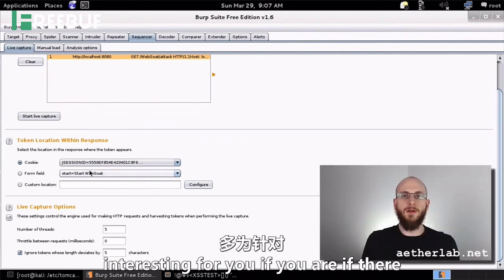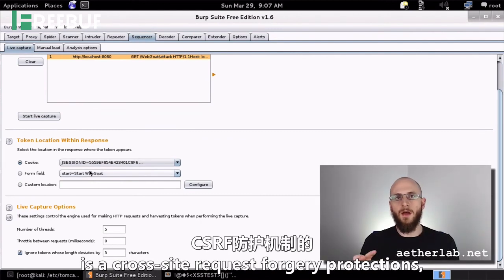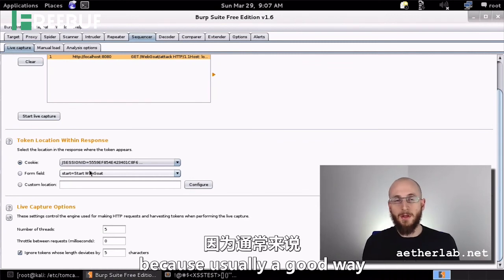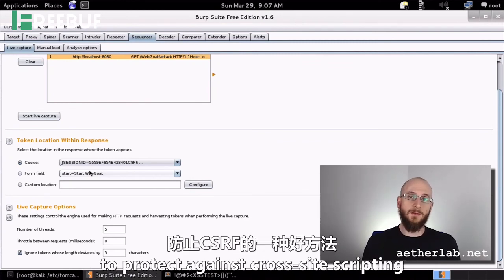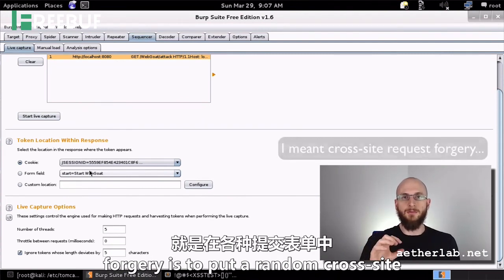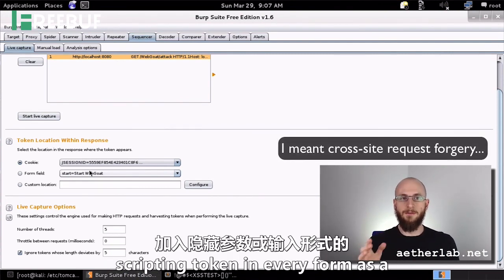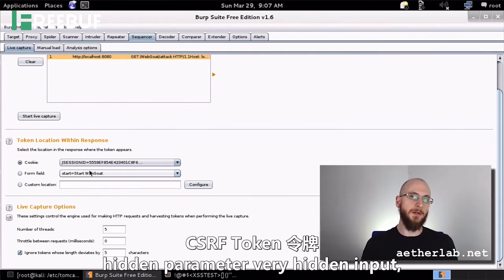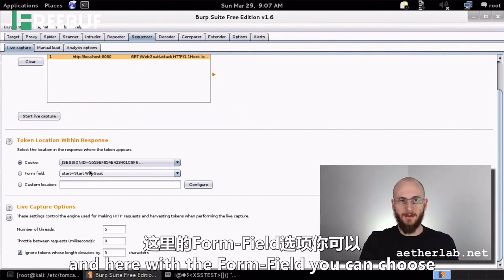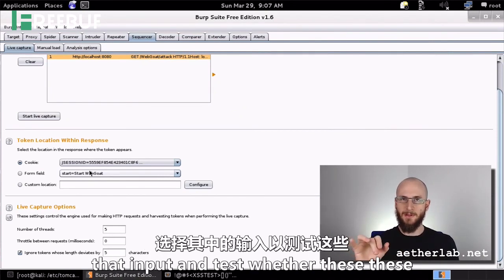That could be interesting for you if there are cross-site request forgery protections, because usually a good way to protect against cross-site request forgery is to put a random anti-CSRF token in every form as a hidden parameter or a hidden input. And here with the form field, you could choose that input and test whether these cross-site request